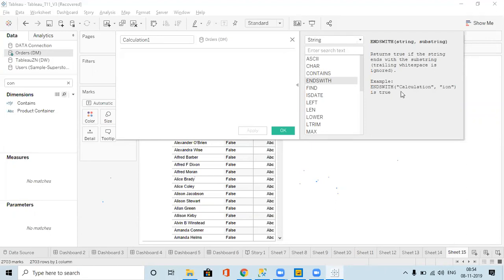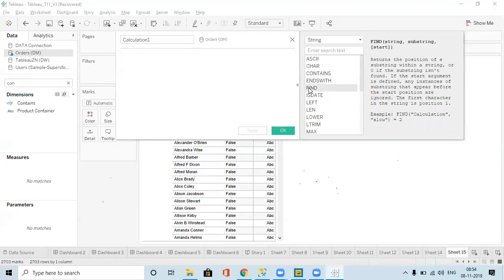Yes, sir. Similarly, find. With this, if you want to find the position of ALCU, where is the ALCU? It is there in the second position, right? Did you understand? It will find the position.